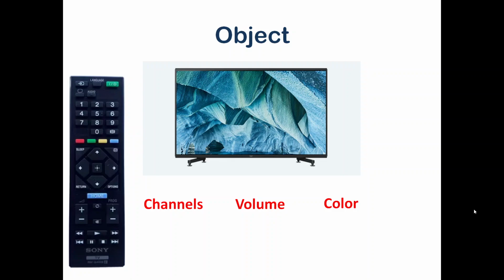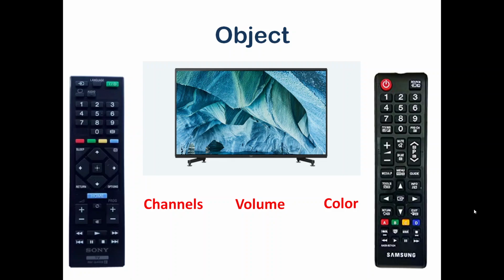Imagine that I have some other TV in my home. Let's say it's a Samsung television for which there is a separate remote control, and this one is a Sony television. Can I use my Samsung remote for operating the Sony television? You know very well that it is not possible, even though they are almost the same. Only the brand is different. They both have volume control, they both have channel change options, and they both have the setting to change the color. But still, the remote control of the Samsung will not work with the television of the Sony. Similarly, the Sony remote won't work with Samsung.